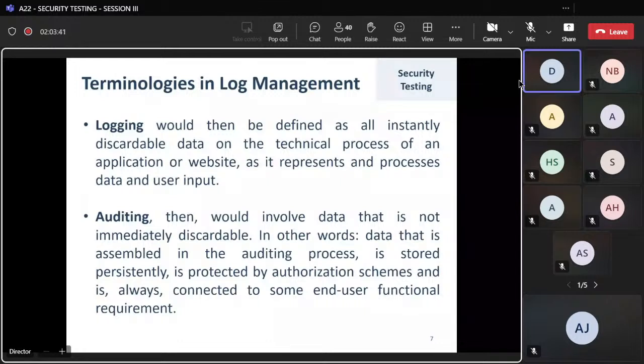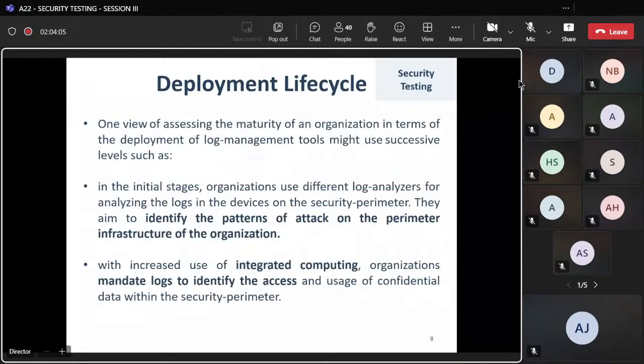Then auditing would involve the data that is not immediately discardable. In other words, we can say this is a kind of an ongoing auditing process. The information is stored persistently, and that will be helpful to know about the user, I can say, the various events and the activities,